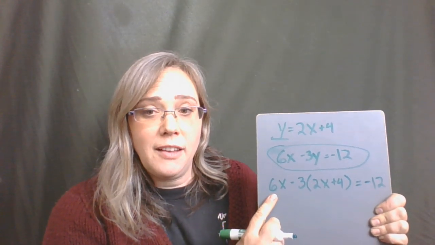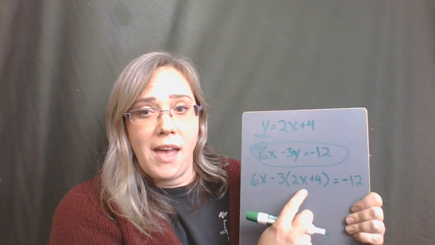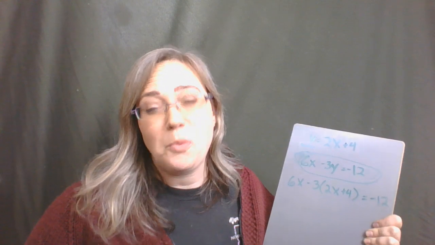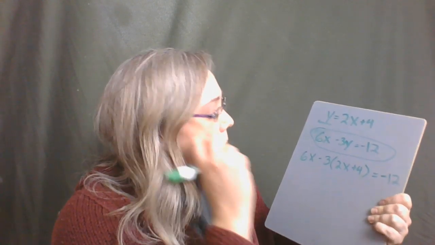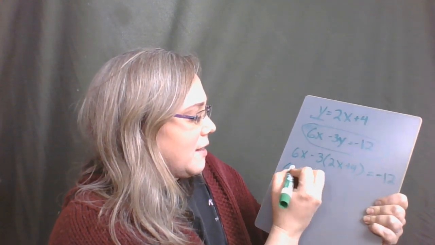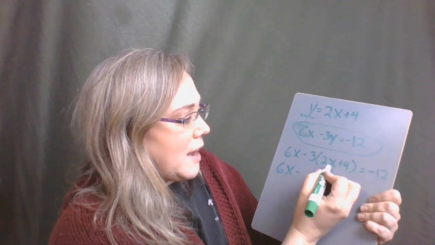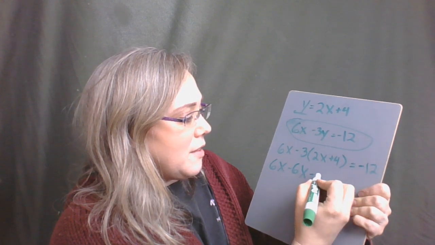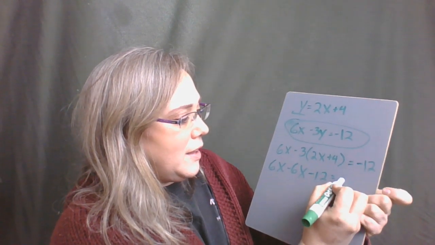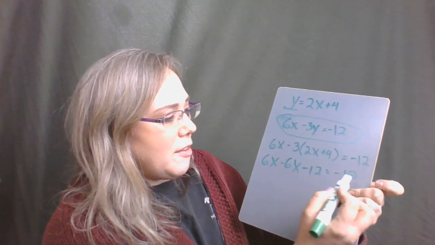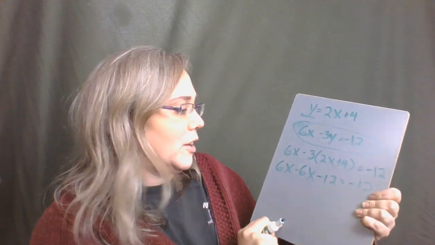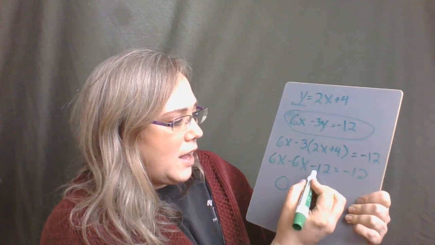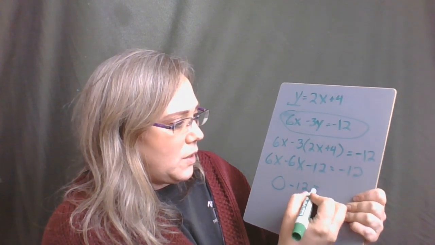So now I have 6x minus 3 times that whole mess, 2x plus 4, equals negative 12. So now what do I do? Well, this is why we practice this in the beginning of the year. I'm going to distribute this negative 3, and I'm going to get 6x minus 3 times 2x is negative 6x, minus 3 times 4 is negative 12, equals negative 12. This is probably going to be a hint that something's gone a little wrong here. And wait, 6x minus 6x is 0, and minus 12 equals negative